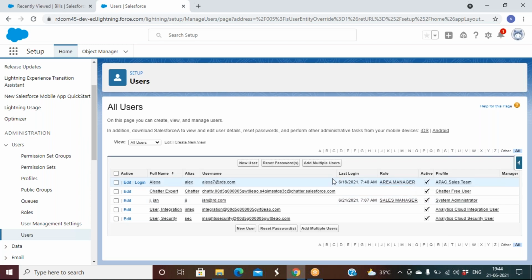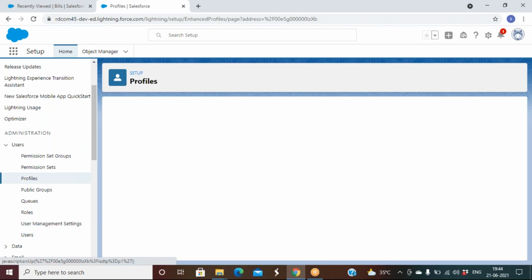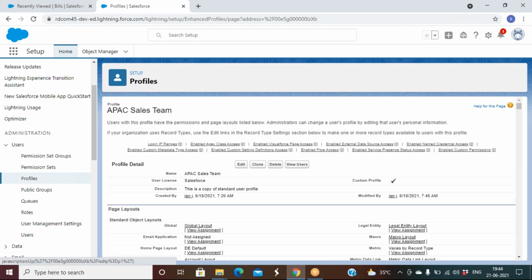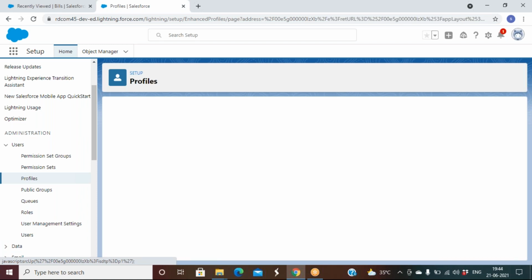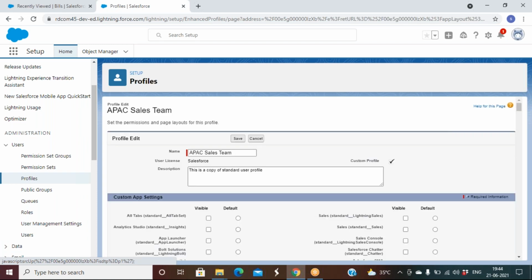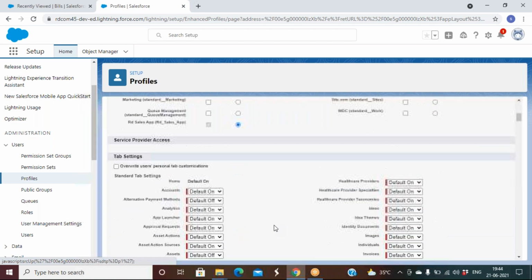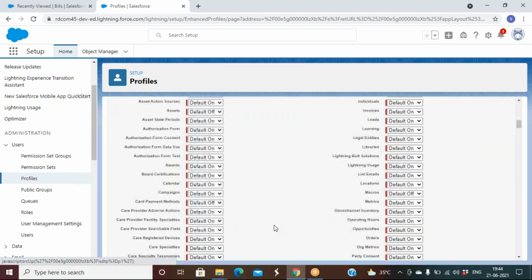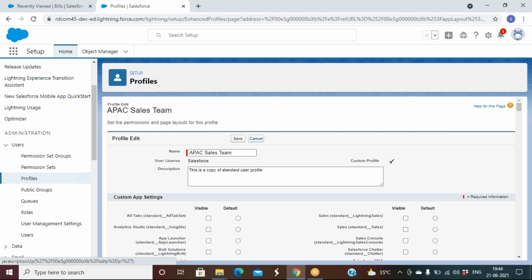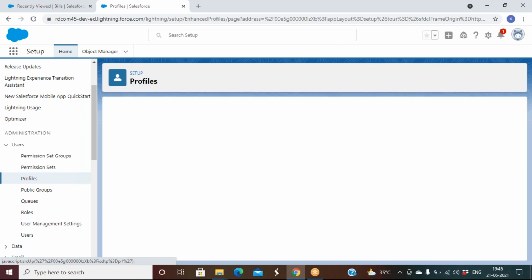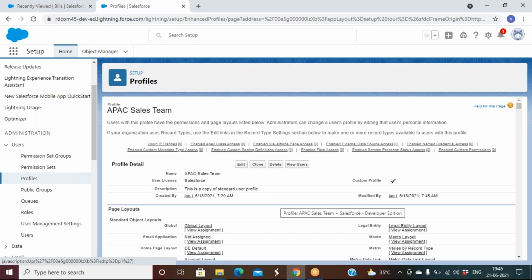And as an admin, we opened this profile and tried to edit it. We gave app access, we gave object access, and then we gave tab level restrictions, and then we talked about field level restrictions, and then page layout and record type.